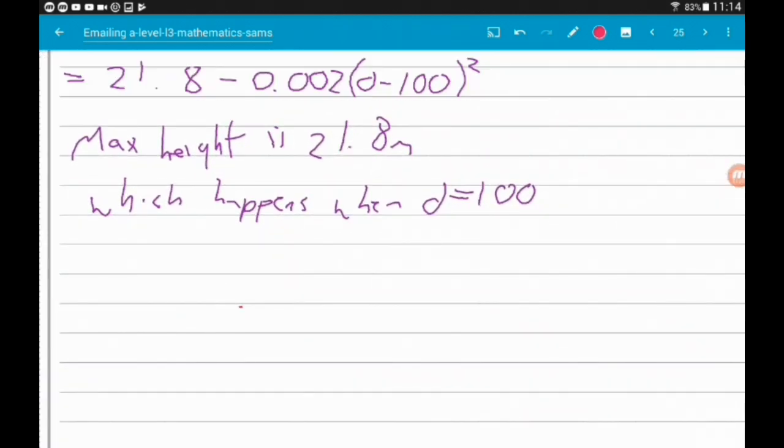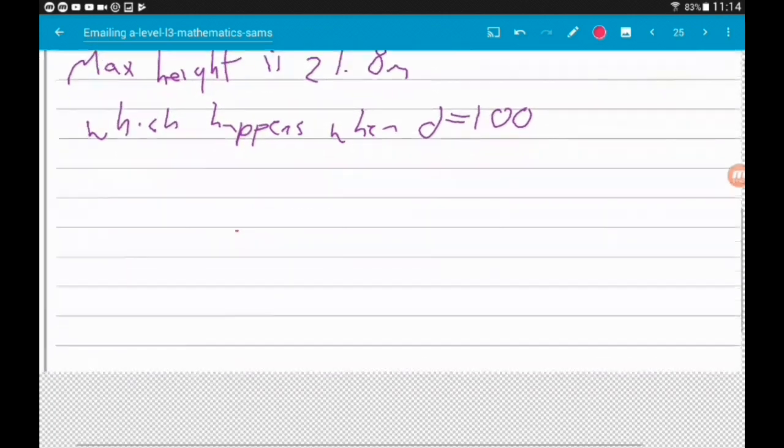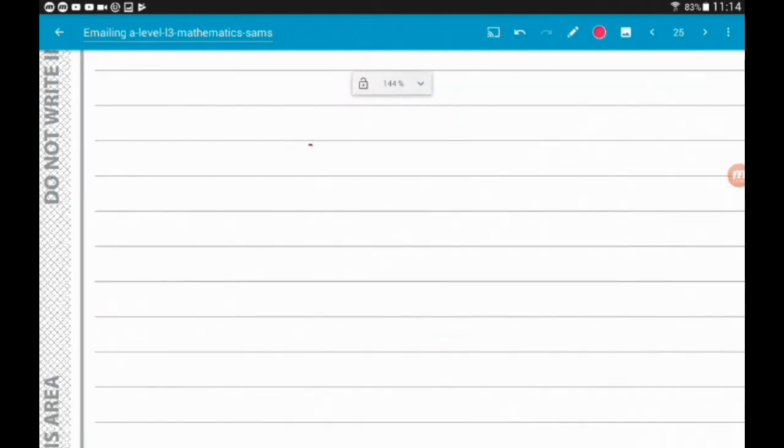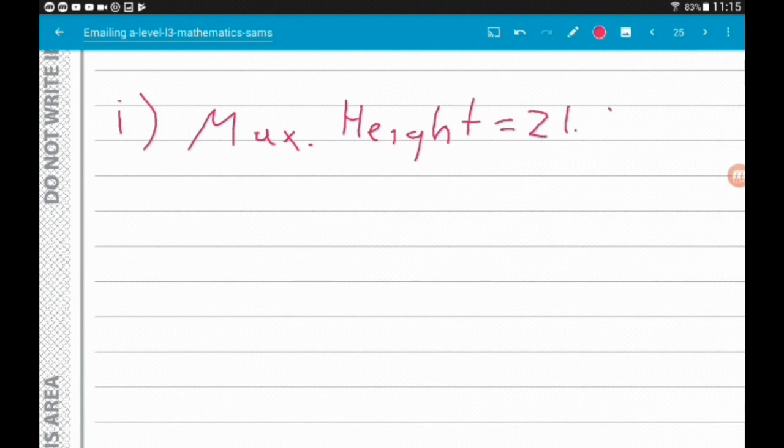So we've already worked out the maximum height in the original model, and that was 21.8. So for the adapted model, the maximum height is 21.8 add 0.3. So that is 22.1